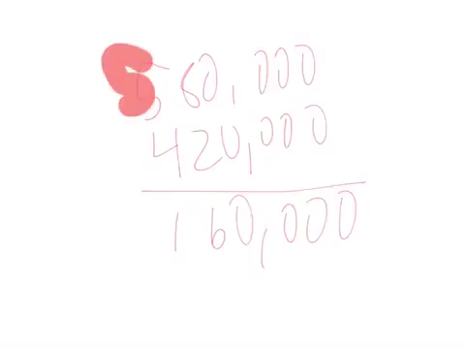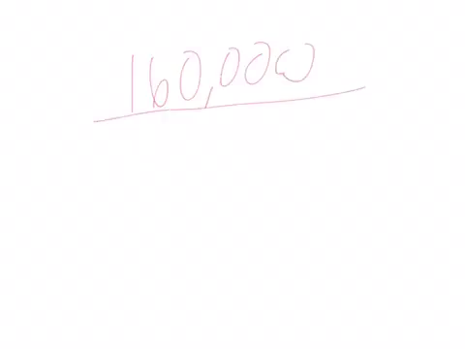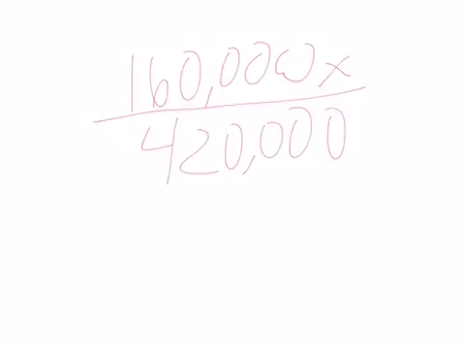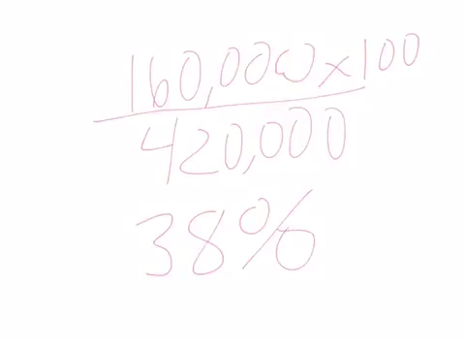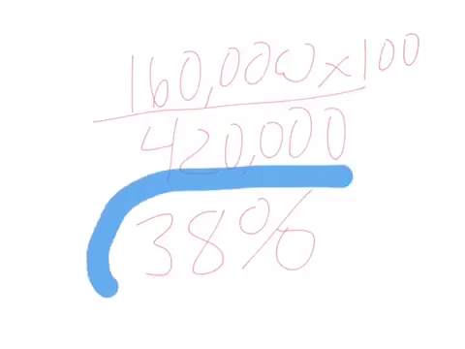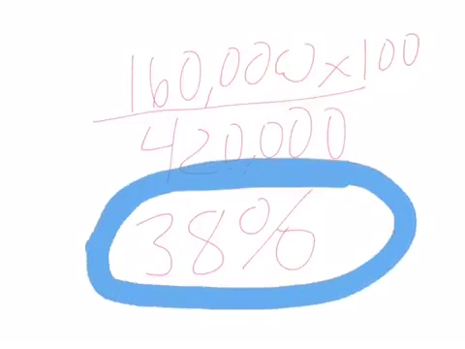Our ROI is going to be expressed as a percentage. So as long as our numbers are accurate, here's what it's basically going to look like. We said we made $160,000 net profit, and remember, we spent $420,000 to get to that point. So we're going to be positive. It's not going to be a negative. Remember, we have to multiply that by 100. You can do either one first. But when you work those numbers, you come out to your ROI of roughly 38%. So what you could say here is we have a return on investment for this training product of 38%.